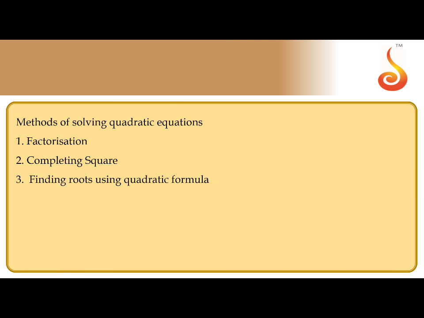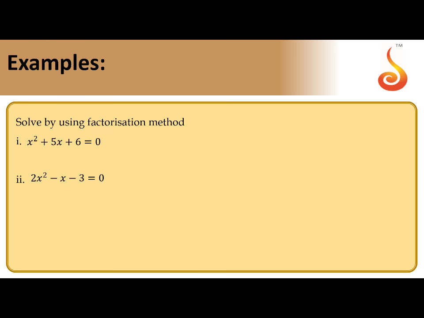Next. So methods of solving quadratic equations. We have three methods to solve the quadratic equation. One is factorization method, next is completing square method, and find the roots by using quadratic formula. So what is called factorization method? What is completing square? What are the method of finding quadratic formula? This already you know, minus b plus or minus root over b square minus 4ac by 2a. So we will solve some simple examples. You can get idea about the recap of how to find roots of a quadratic equation in different methods.